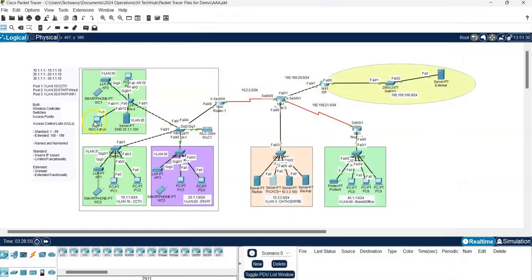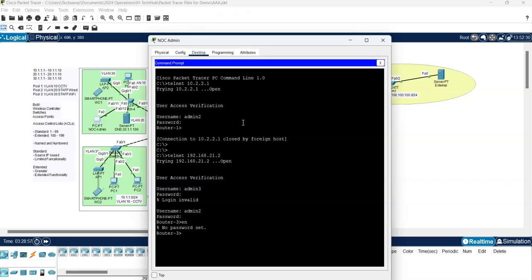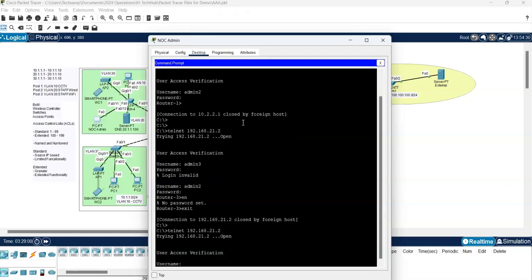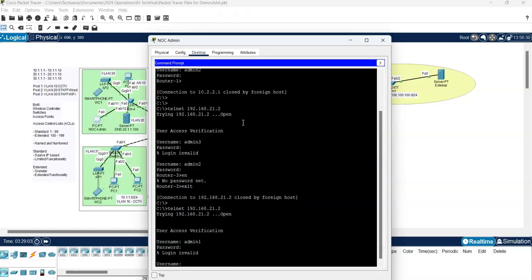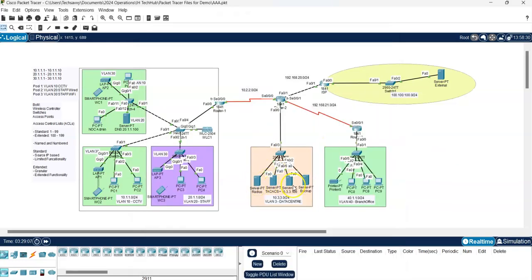So let's try to connect again. Let's exit and then provide the same IP. Now we say admin 1 and then provide the password. That doesn't exist because that user is gone. From one location, you remove their username and password, and across the infrastructure, you don't have to go through every device to remove their access. So that's a quick way to